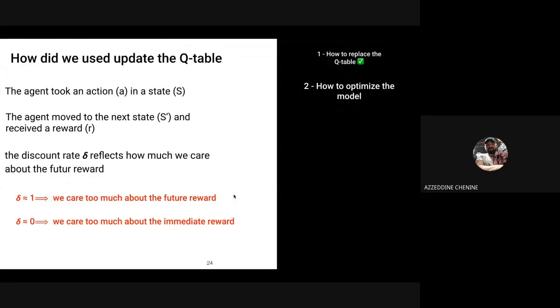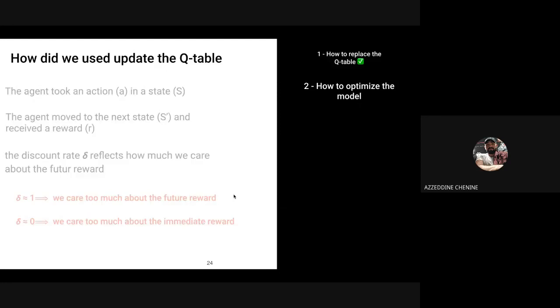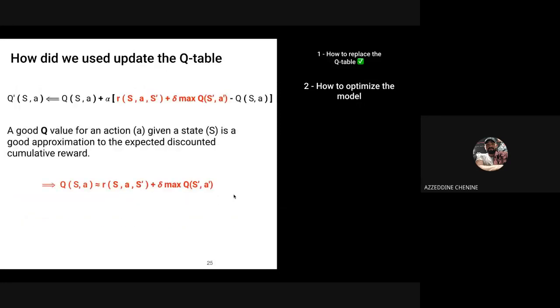This is something simple that you can catch up with by viewing the previous workshop. So here we have the famous equation for updating the Q value of a state-action combination. Here we have the Q prime SA. It means the new value of state S and action A. How do we get it? We get it from adding